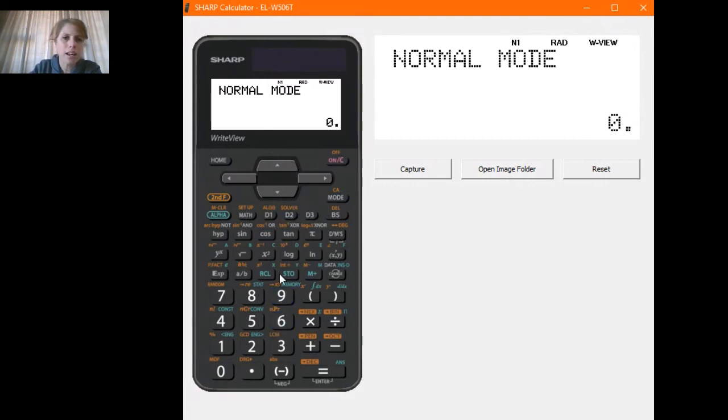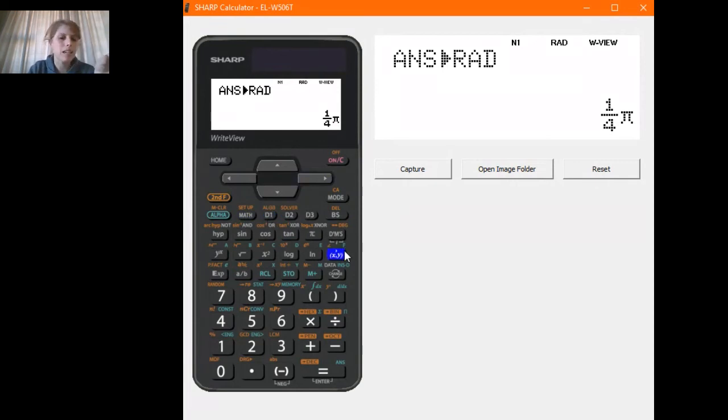Then, of course, if I have a quarter radian, like so, and then I want to go back to degrees, I can just click that button twice, and it will take me to degrees. So this is just a really nice quick shortcut. I recommend saving it to your calculator, particularly if you're going to do a lot of work with radians and